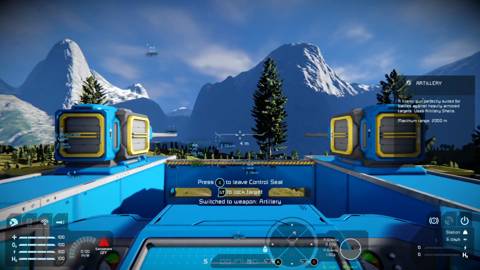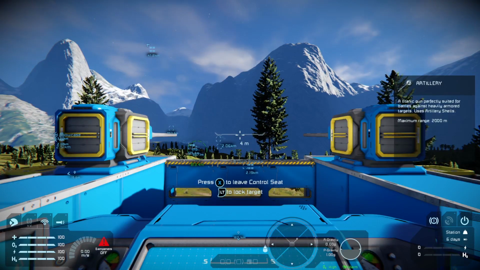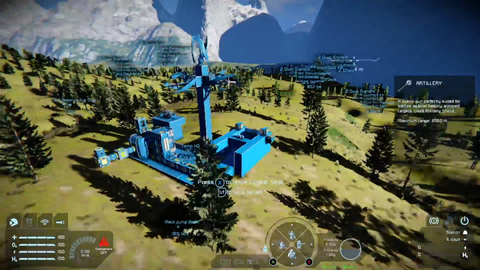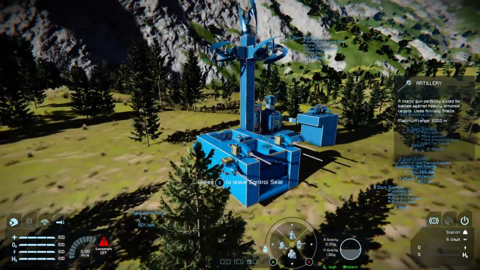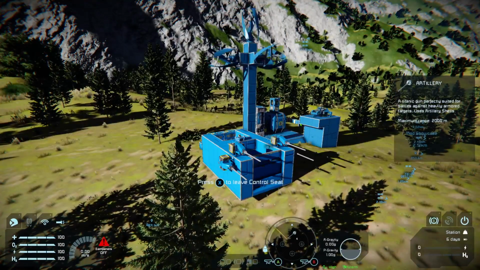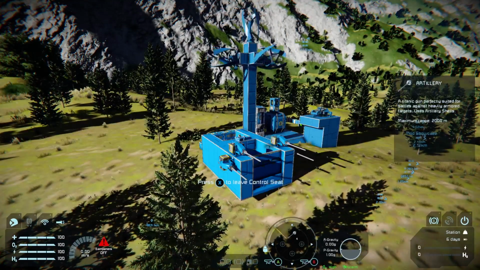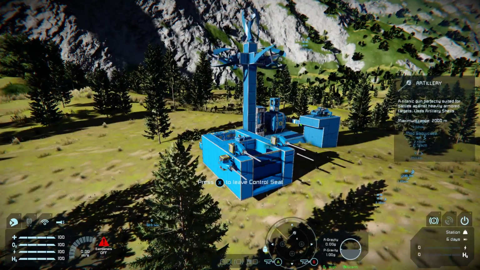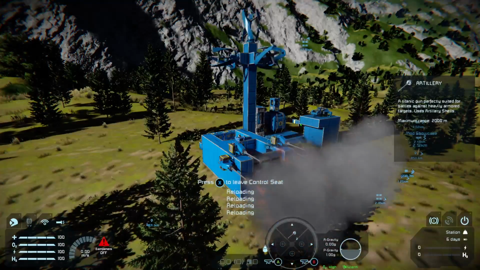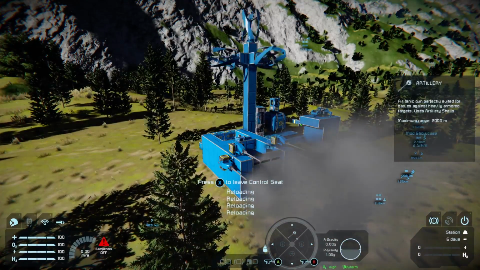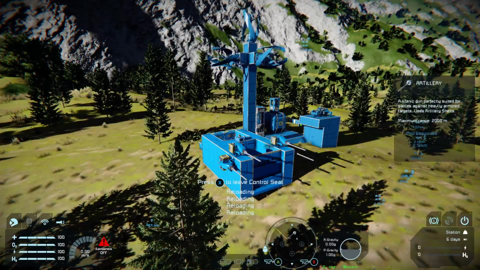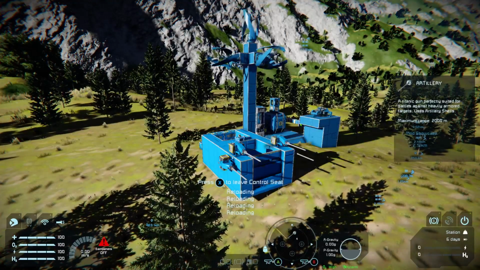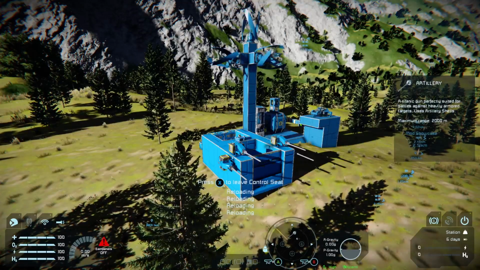If I now select that, it will tell me that I have artillery selected. If I go to our third person view, pull round a bit, every time I press right trigger, we're going to fire all 4 artillery guns, like so. And then we have to wait for them to reload.